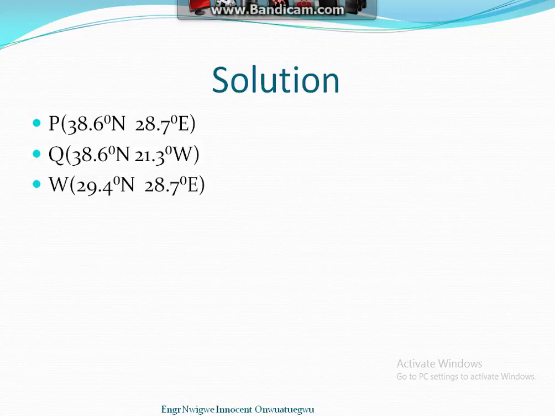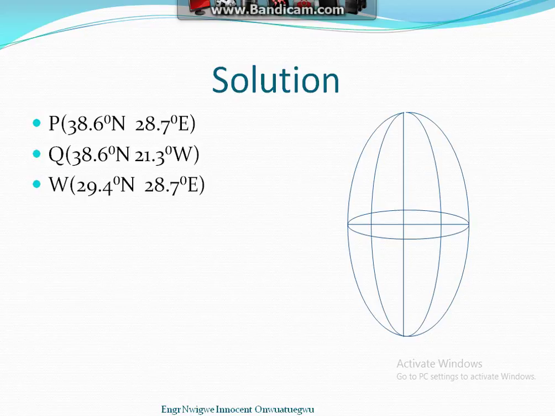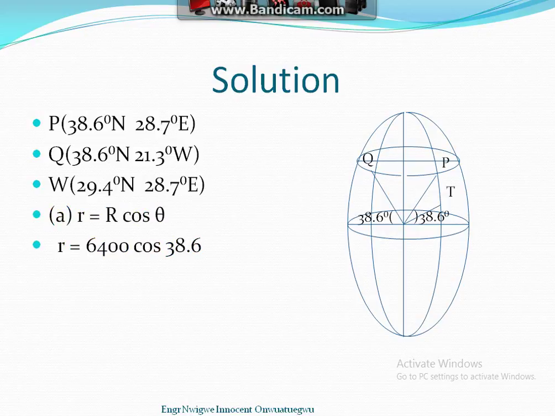Then we find our radius of latitude, which is r equals big R cos theta. Therefore, the radius of the latitude is equal to 6,400 cos 38.6, which is equal to 6,400 times 0.7815,